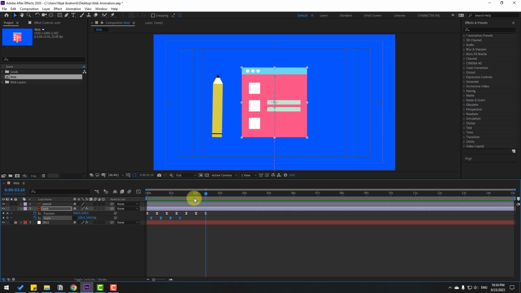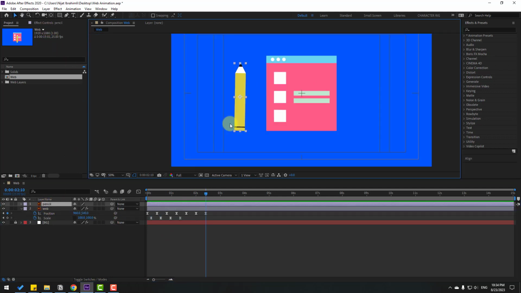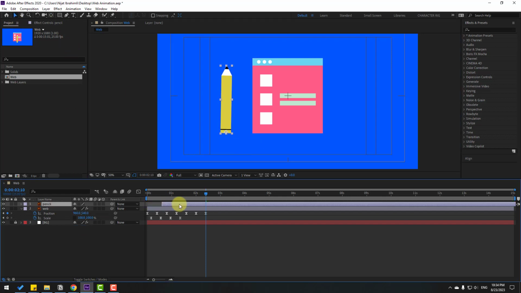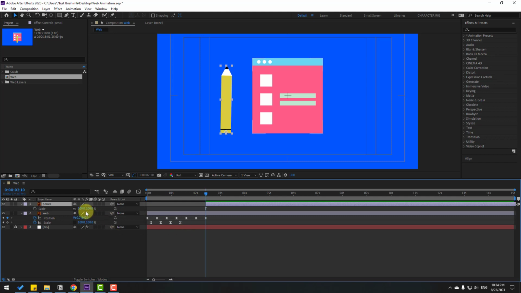So right now let's select this pencil and go to the pan behind tool, move the anchor point down, click the selection tool and move this layer to the right. Right now let's press S, open scale, change scale to 0, make a scale keyframe and go to 10 keyframes, change to 100. Select keyframes, make easy ease,